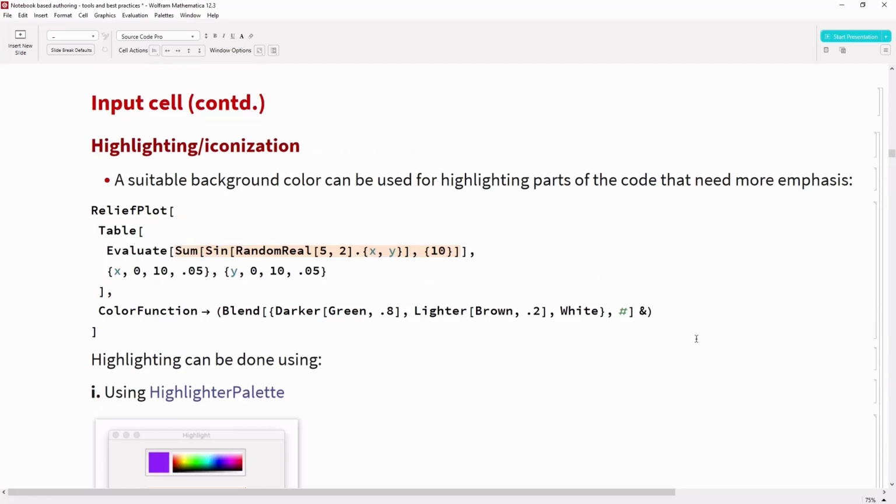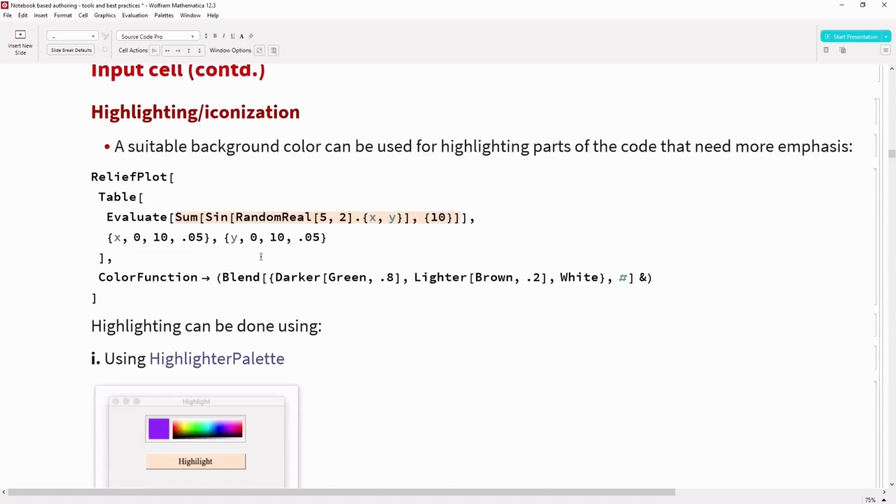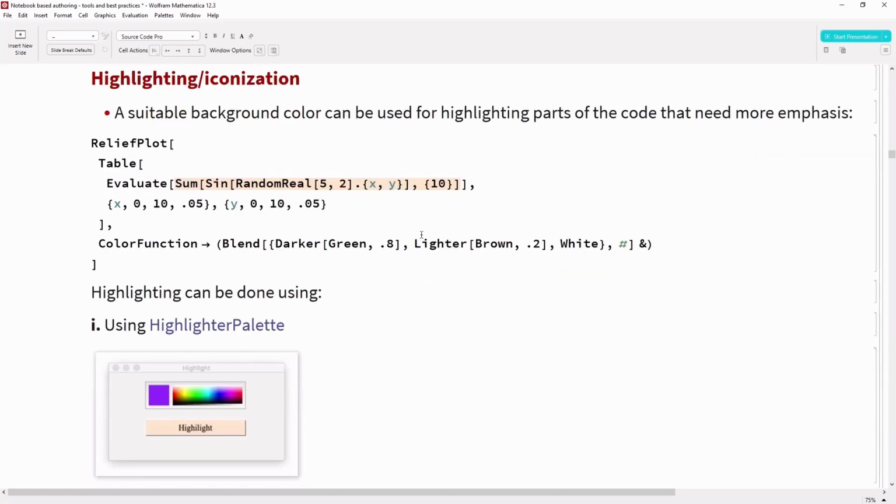In order to make sure that a user is pointed to certain parts of the code, it is always good to highlight the main parts of the code. We can do that with the Highlighter palette. The Highlighter palette is a resource function in which you can select a color and click on highlight to highlight a selected expression.